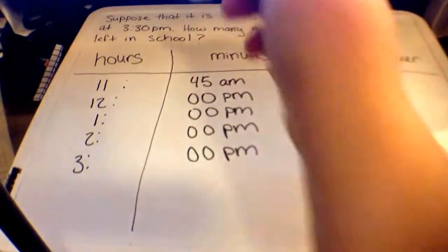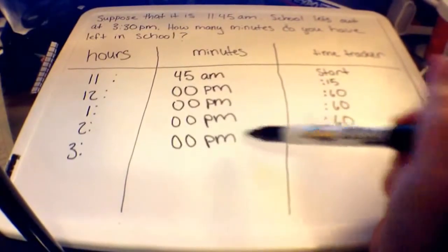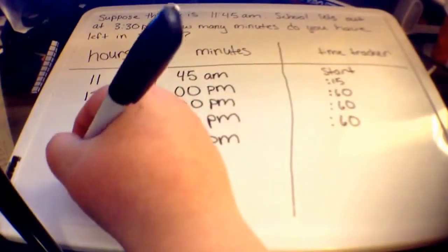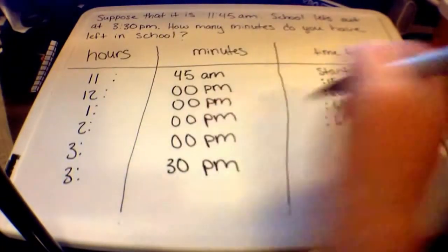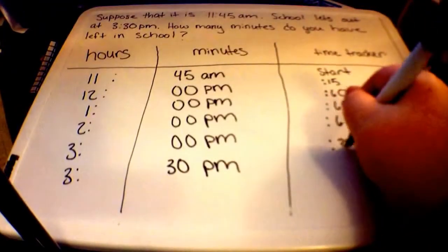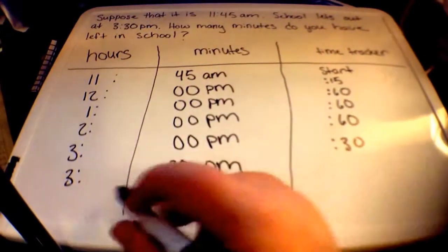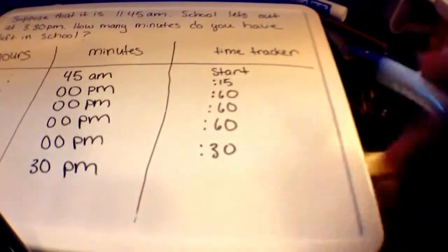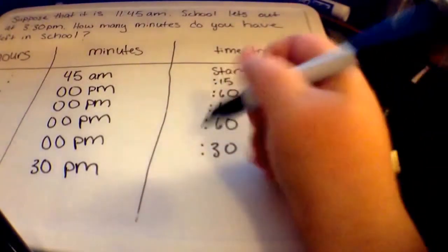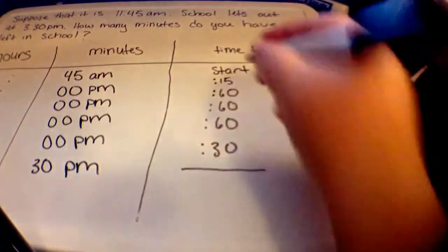We're at 3 p.m. and we have to get to 3:30. Now, in order to get to 3:30 from 3 p.m., we simply have to add our 30 minutes. Now that we've got to 3:30 from 11:45, we can add up how many minutes it took us to get there. You can simply